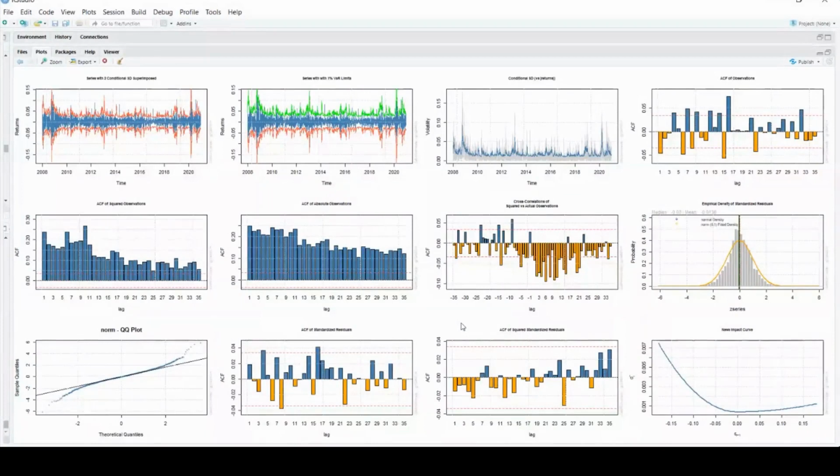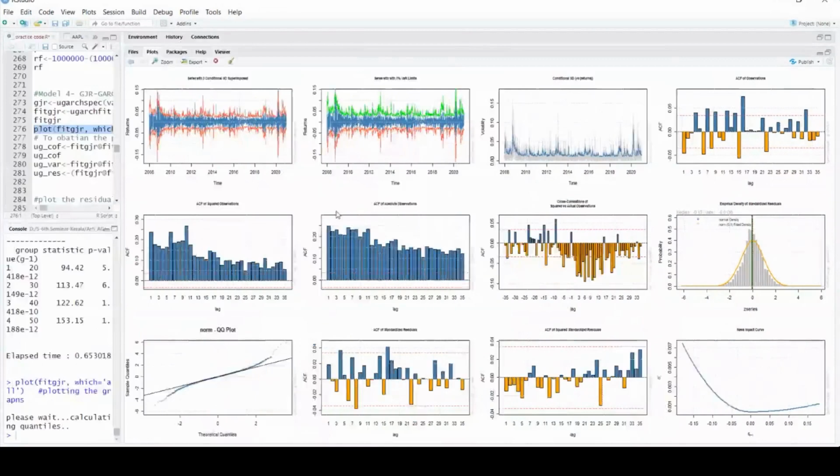Okay, look at the news impact curve. Here we have epsilon t minus 1 and there you have the gamma. When you look at the left hand side, you have the negative values, and on the right hand side, we have the positive values. Since we have the leverage effect, our gamma is positive. It says that bad news hampers the market more sharply than good news. There is a leverage effect in the market. Can you see that? Okay, so this is the beauty of the GJR model. Again, the rest of the things are the same, like how to extract the coefficients and other things, so I'm skipping it.